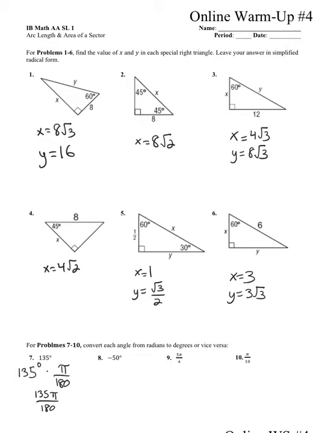can go ahead and simplify that, and Mr. Jolly says you can do that with your calculator, use the simplify fraction button, and this should simplify down to 3 pi over 4. Okay, so that's what number 7 would look like. And remember, for numbers 9 and 10, you're just going to do the opposite instead. You're going to multiply by 180 over pi, and then those pi's should divide out when you're doing these types of problems. All right, so go ahead and pause the video now, work on your warm-up, finish these last 4